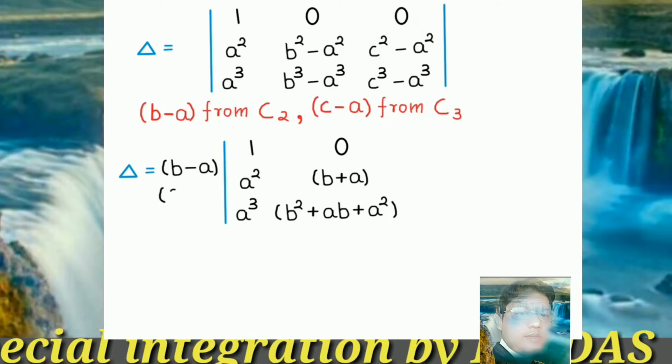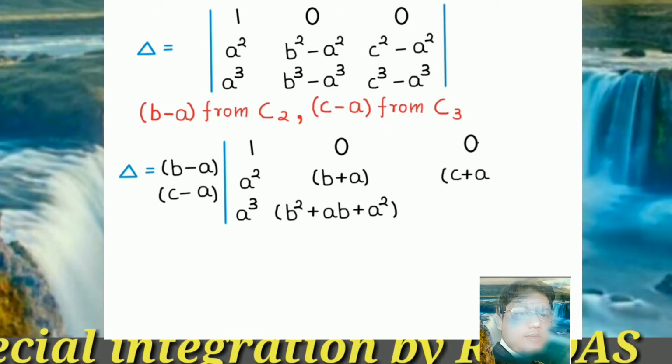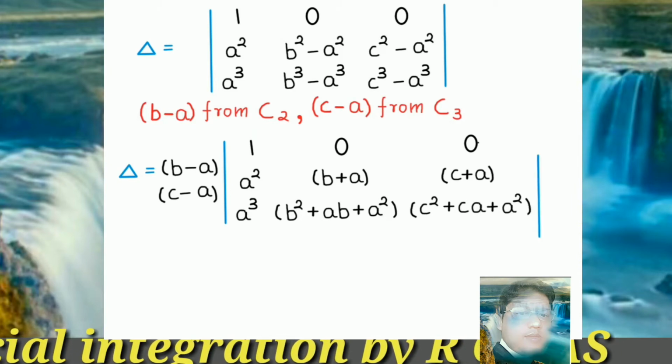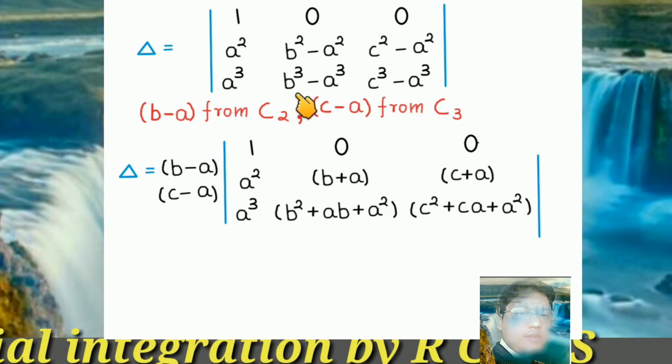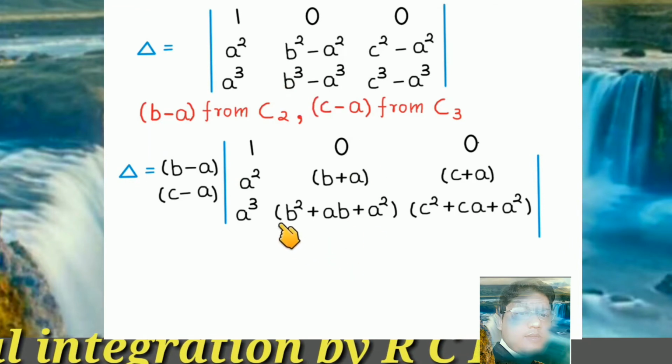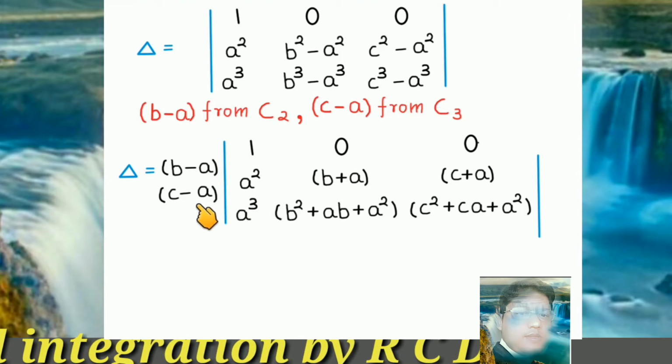If I take the common c minus a, then what will happen? c plus a and c square plus ca plus a square. So my students, our question becomes like this. Now again,